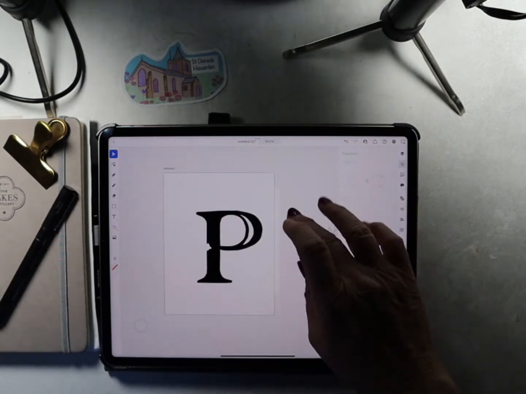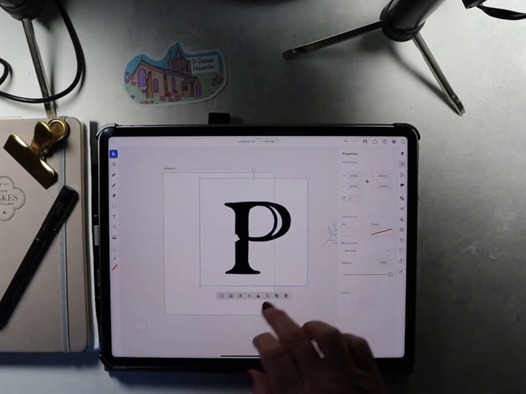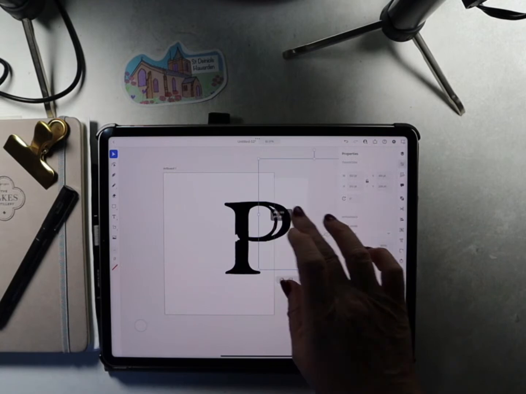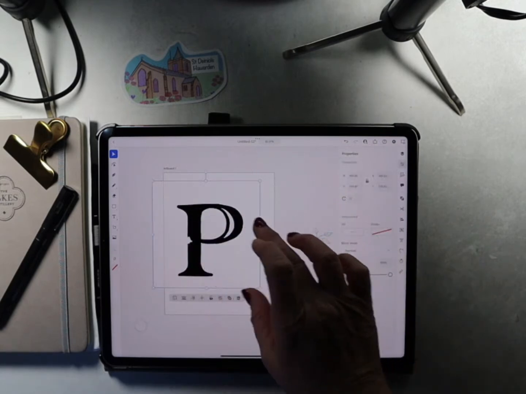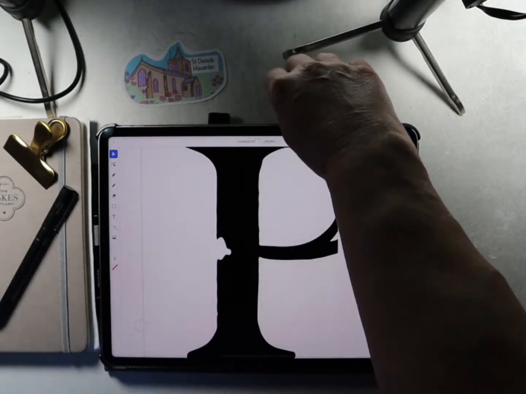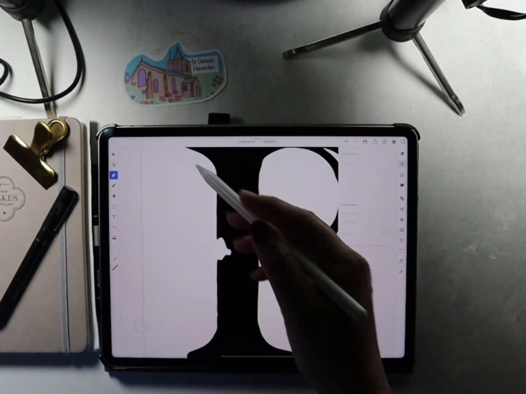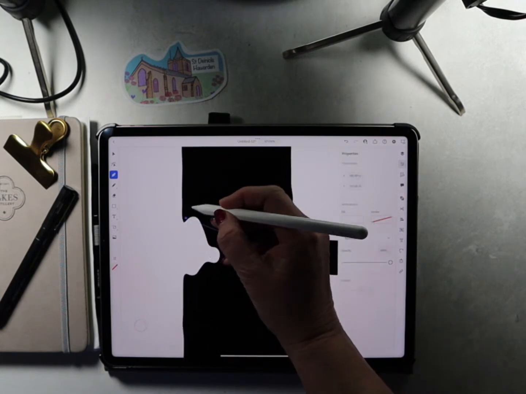But what I'm going to do, has it kept that background in? Yeah, it has, hasn't it? Okay, we'll not worry about it today. I'm going to move it back, and what I'm just going to show you is how we can easily fill in this little bit here. So I'm just going to click on the pen tool, scary pen tool in Procreate, and I'm going to put myself a dot down,